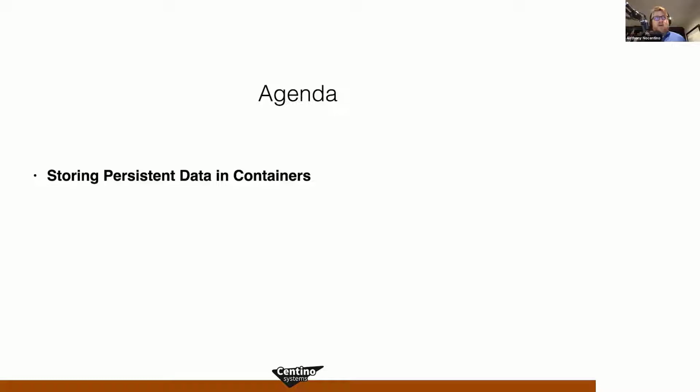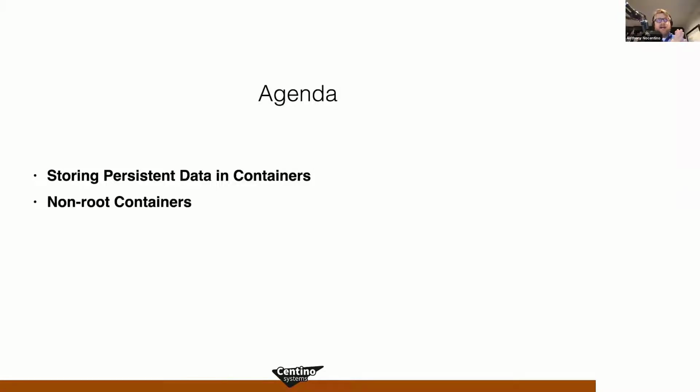And so we're going to zoom in on the underlying details of storing persistent data in containers, so you can understand where data is really stored when you're working with containers and how you can work with containers to provide persistent data into your applications. And of course, today we're going to be talking about SQL Server.